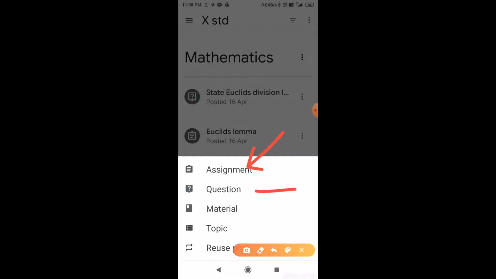If it is multiple choice, they will select the answer from there only. If it is a short answer, there will be a place provided, there only they will type the answer. Even if it is a long answer question, they will type the answer there only.